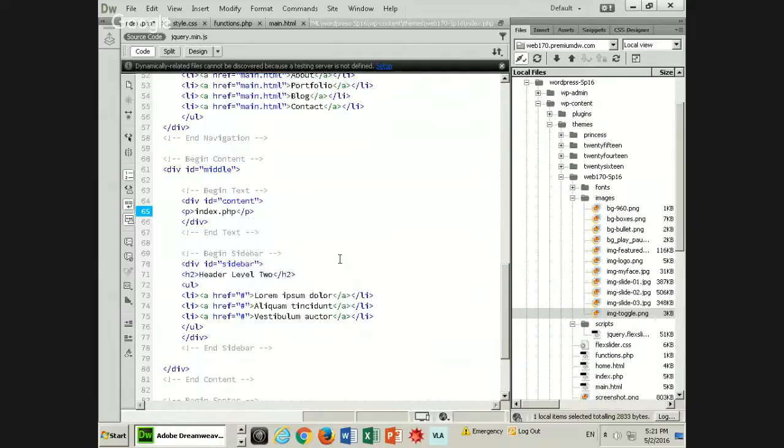This will become really important when we start breaking our things into the template files of page, single, and so forth. Okay. So if I do that now,